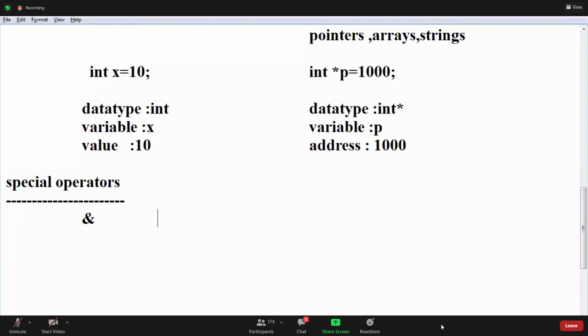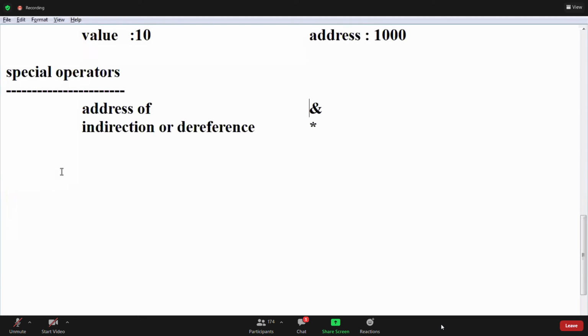Address of, and we have one more operator. This is called the address of operator. This is the indirection or dereference operator. These two operators we discuss.